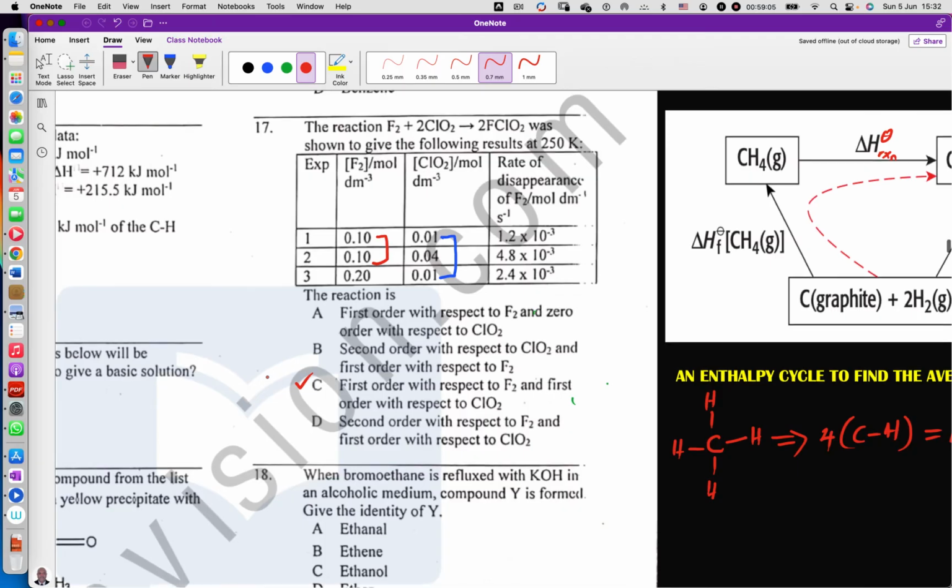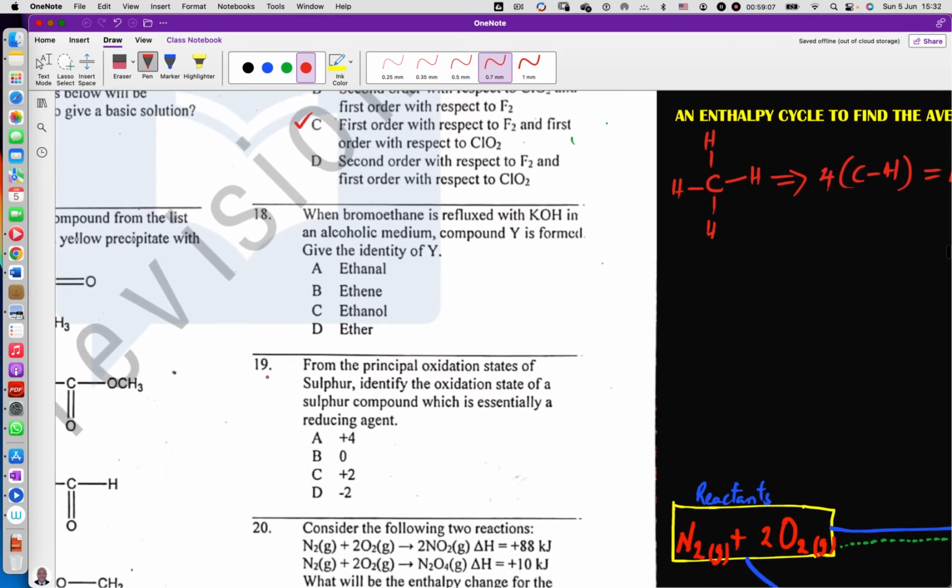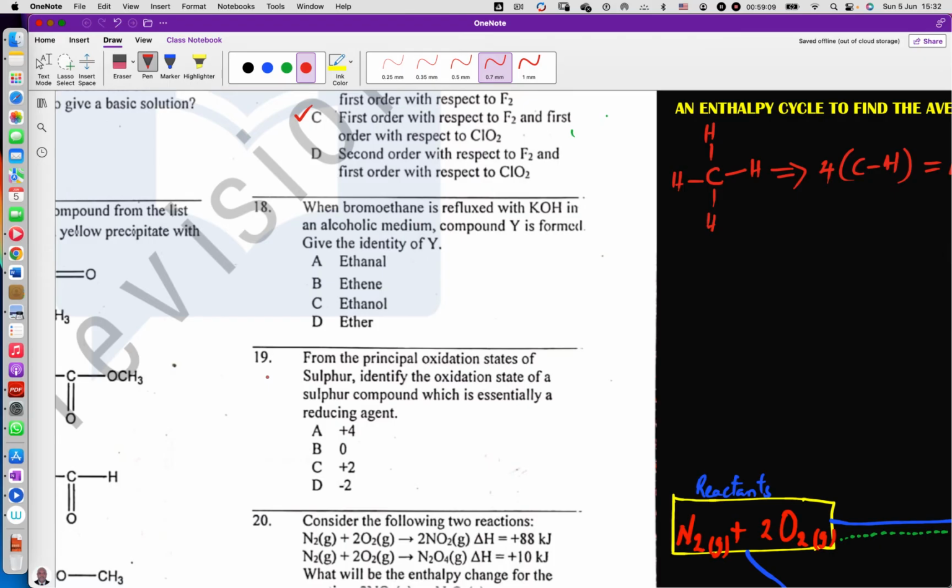Question number 18. When bromine is refluxed with potassium hydroxide in an alcoholic medium, compound Y is formed. Give the identity of Y. You know, when bromoethane is refluxed, it's a substitution reaction. When it is refluxed with potassium hydroxide,